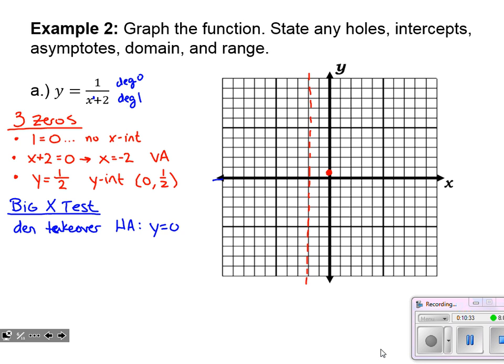We can go ahead and add that to our graph. All right. Well, right away, I can tell, based on where my y-intercept is, I know that that graph is going to be drawn toward the vertical asymptote as I move to the left, and toward the horizontal asymptote as I move to the right. So I've got half of that graph pretty much established. The last thing I need to do is a little bit of freshman graphing.